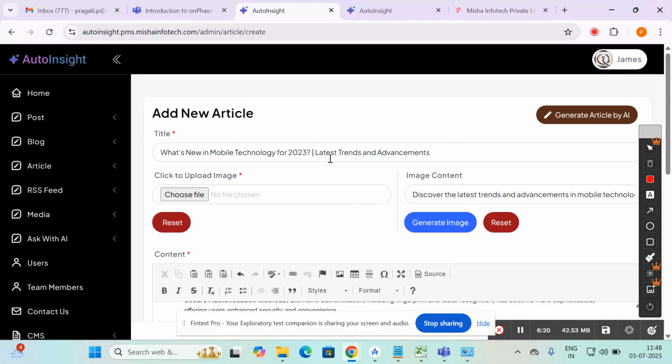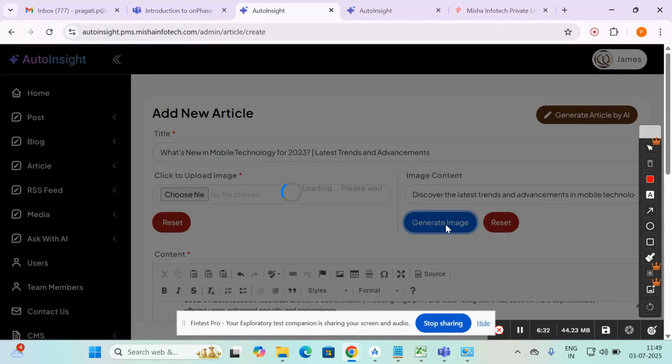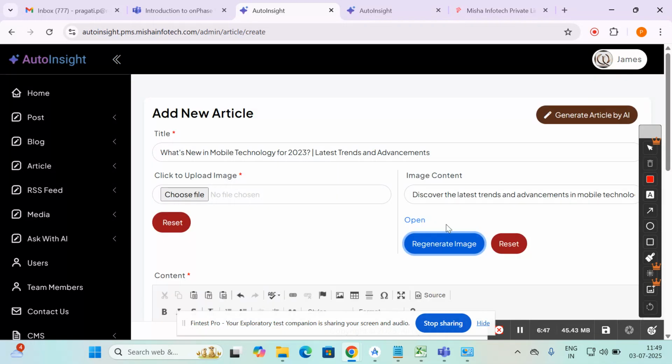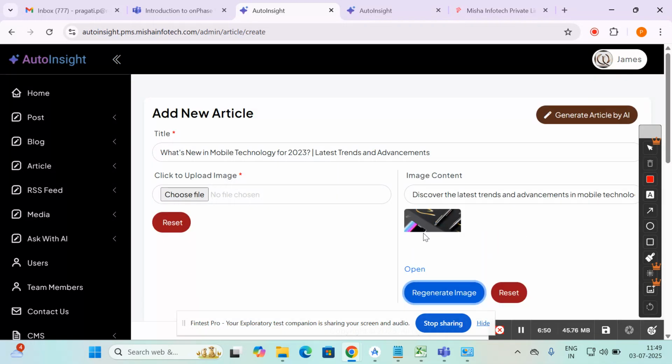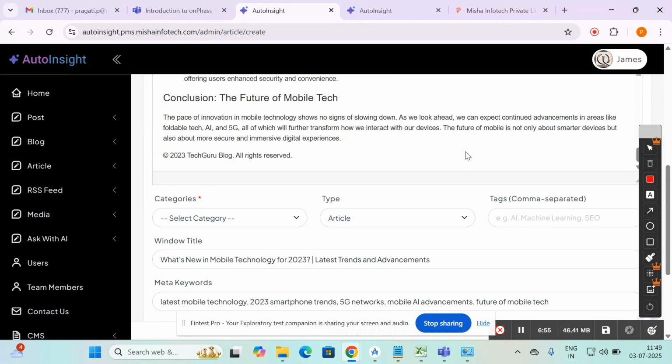Now add the image. For image, it also has two option: upload image from device or upload image from AI. You can generate image. The image is generated.